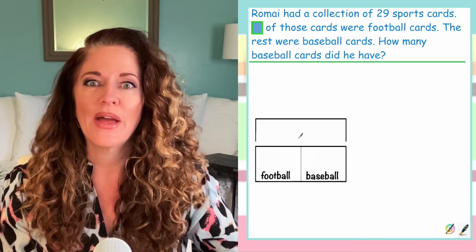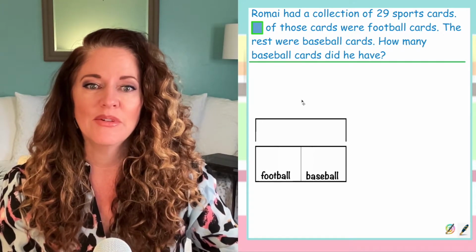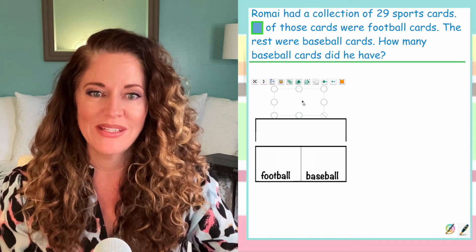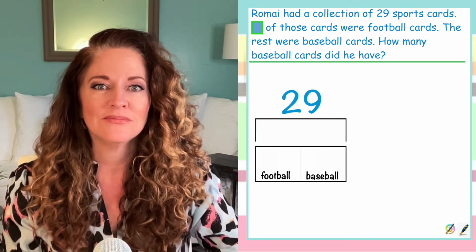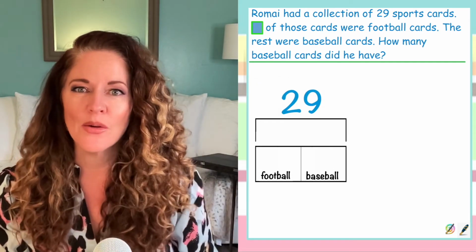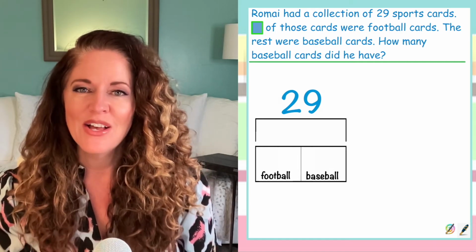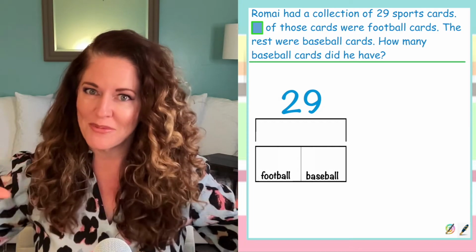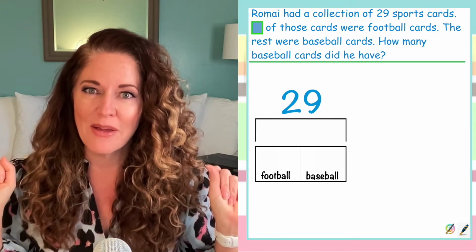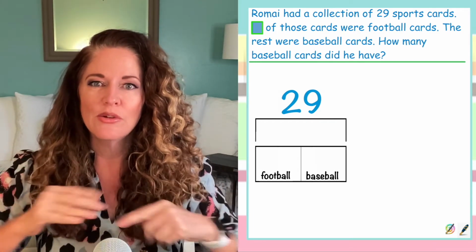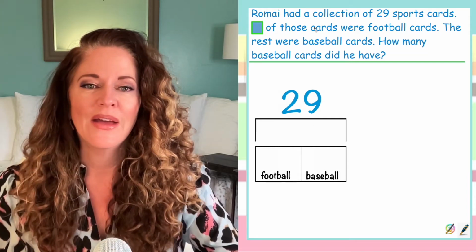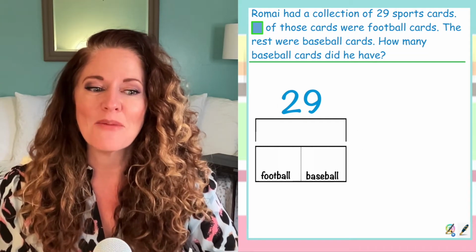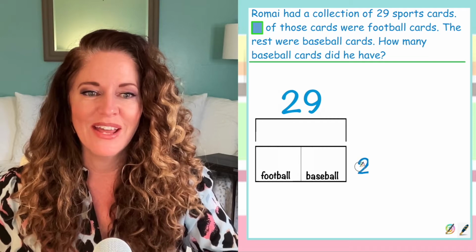29. So everyone, just like I'm doing, I need you to write 29 in your whole. Today, though, we're going to also baby step our equation. So take a look at the bottom. I believe you have a little equation box at the bottom of your tape diagram mat. And if you don't, you can just create the equation at the bottom. So since we're starting with 29, we're going to baby step that equation, and we're going to actually write